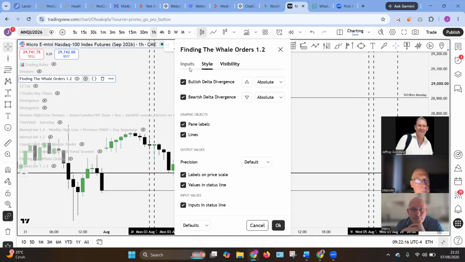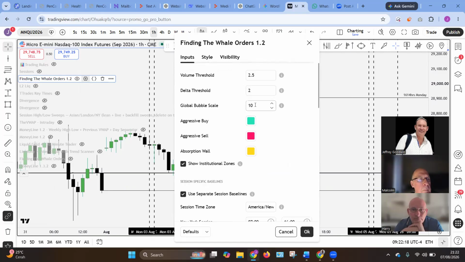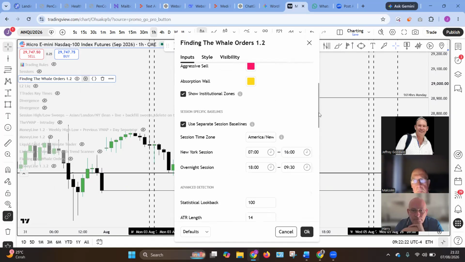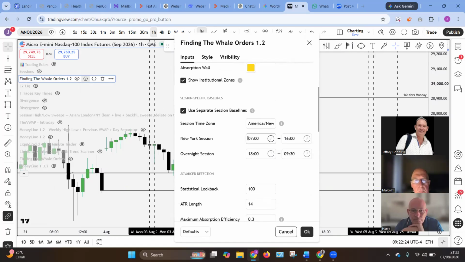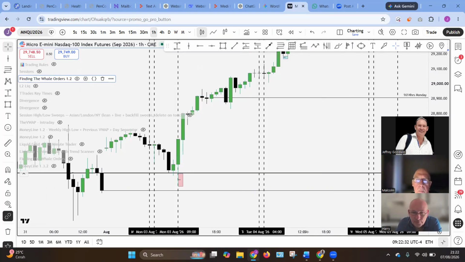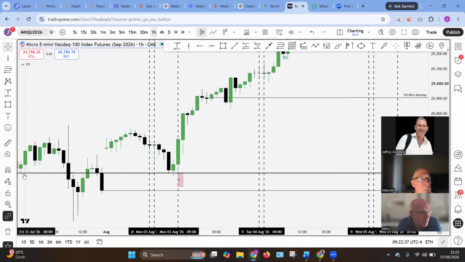The only thing I've changed is from 200 to 10. And sometimes I might want to play with this to see if it has an impact on the London session. That's it. My settings are done. No more indicators. I was playing about with something else to add to that, but we'll come to that.